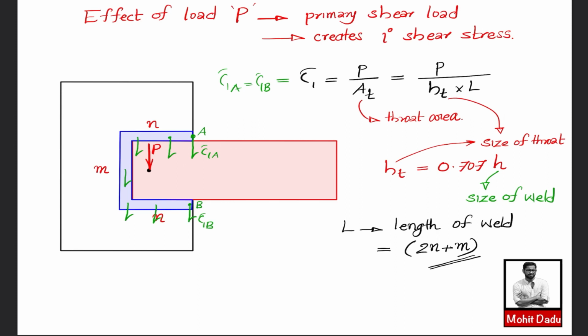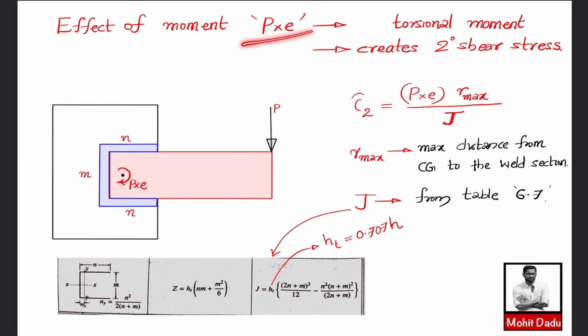Next we will be seeing the effect of the secondary couple, which is of magnitude P into E. So here we will be discussing the effect of moment P into E. If you observe, this P into E acts as a moment which is parallel to the section. So this will be creating a bending moment, or twisting of this section will be created. As a result, this torsional moment of magnitude P into E will be creating a stress which is known as secondary shear stress, and we will designate that secondary shear stress by tau2,